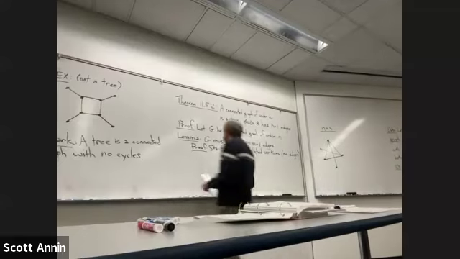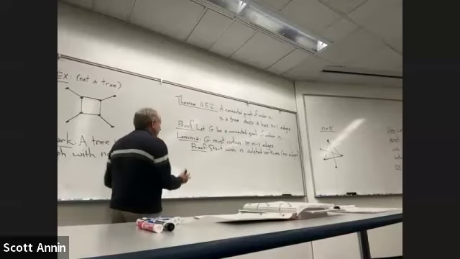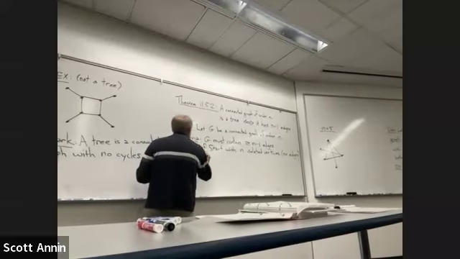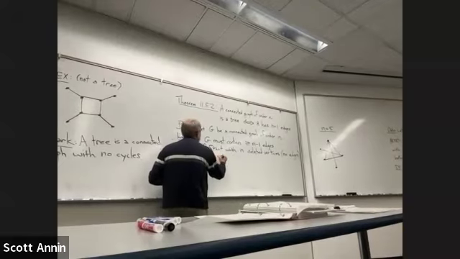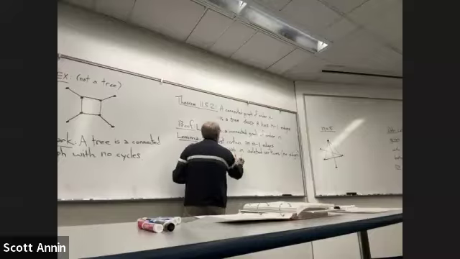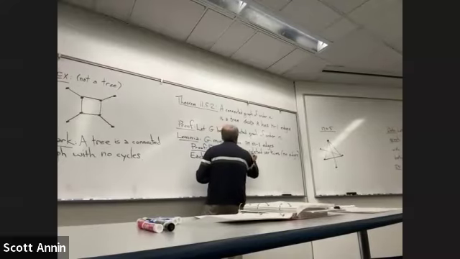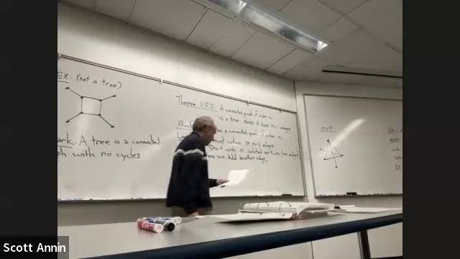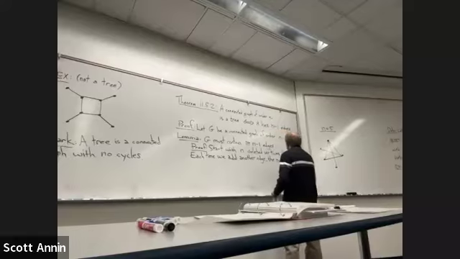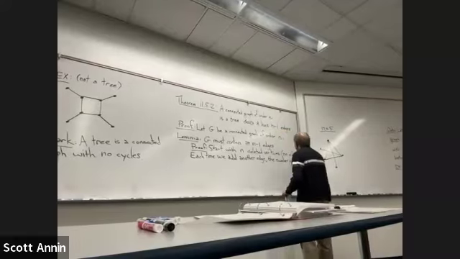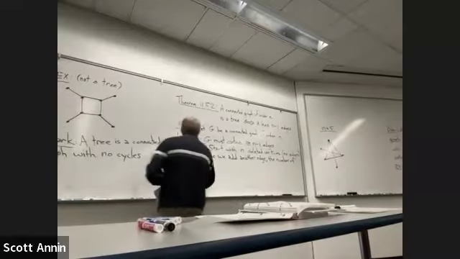And then I'm basically just going to say what I was just demonstrating here, which is that each time we add an edge, each time we add another edge, the number of connected components